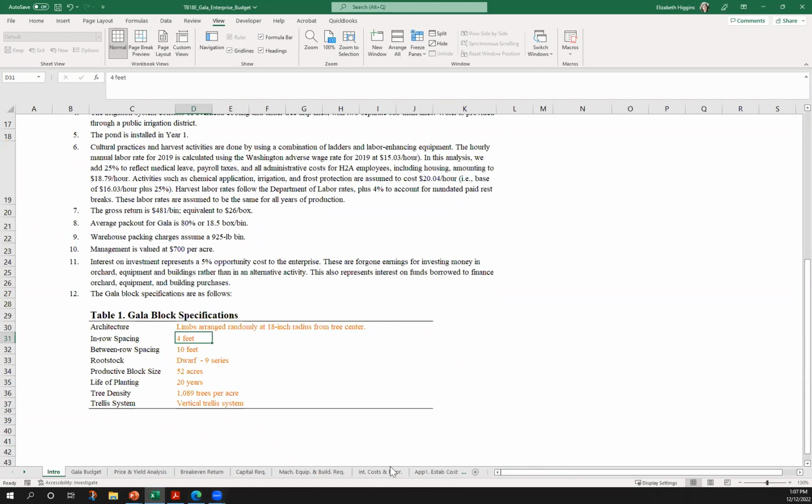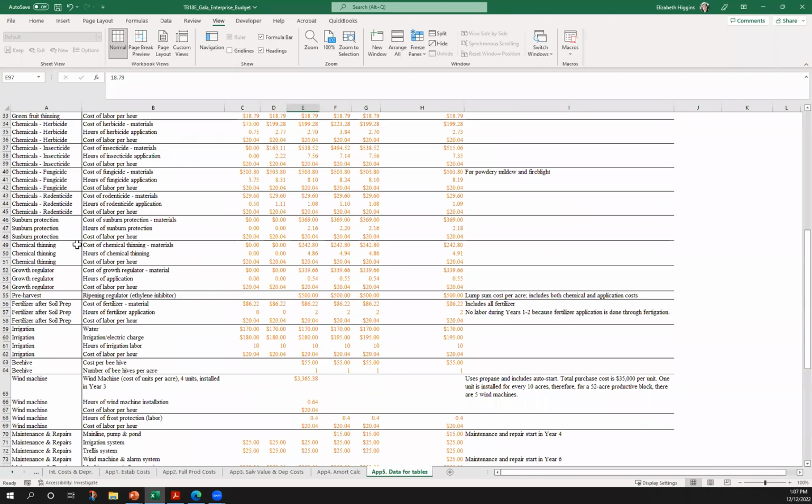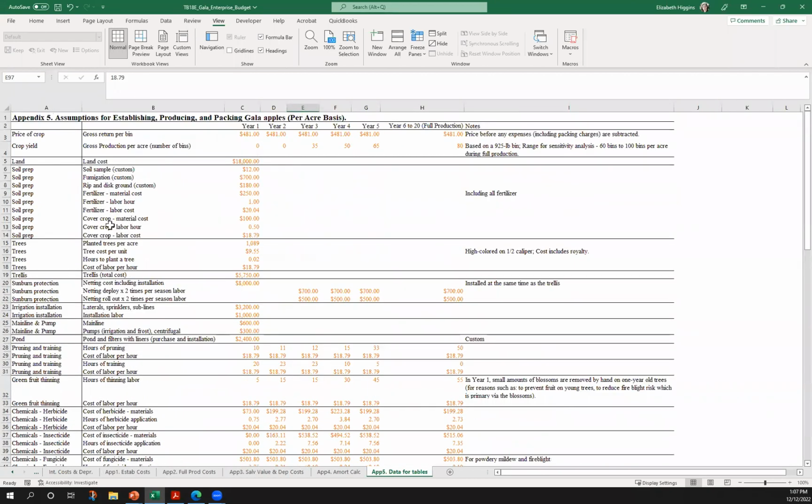So the first thing I would do if I opened up this enterprise budget is I would go over to the data for the tables, because this is going to be where I'm going to see whether their assumptions and my assumptions are all similar. So these are the gross returns per bin that they're assuming. Year 1 is the establishment year.